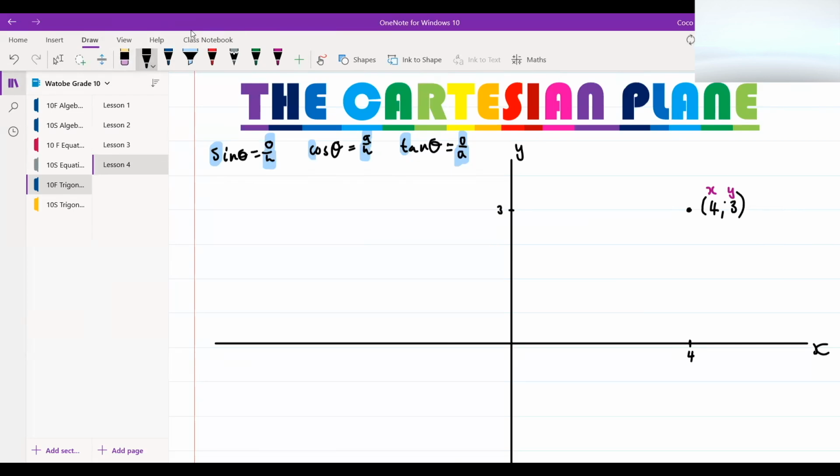Now, what we can do with this, guys, is go from the origin, and we know that the origin is (0, 0), right? And we can draw a straight line from here to there. Let me try again. Okay, let's see if I can get it nice and straight. Success. Now, what this is going to do is create a length from here to this point. It's going to give us a